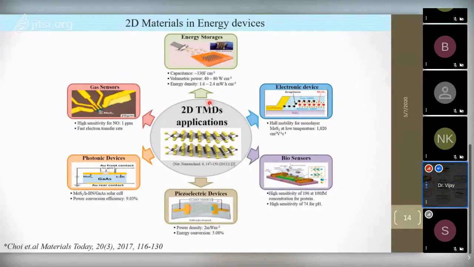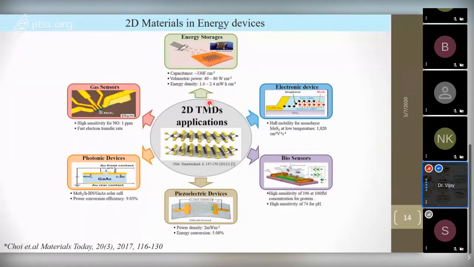So it's maybe a replacement for the silicon era and also for the carbon era. So it can be replaced everywhere. And even these two-dimensional transition metal dichalcogenide structures can be formed as hybrid structures together with carbon, to make enhanced capacity in energy storage and electronic devices in particular.